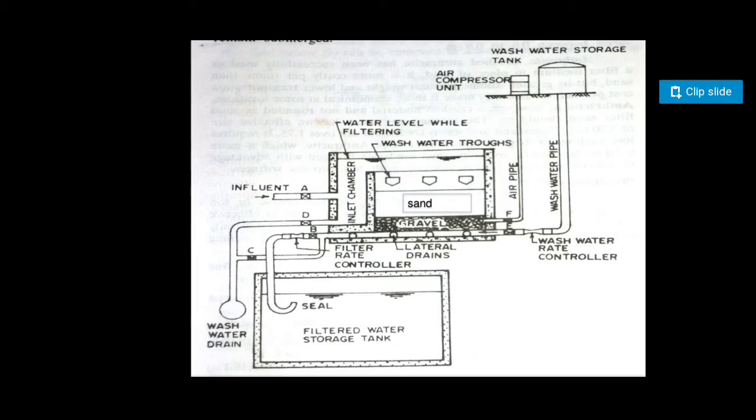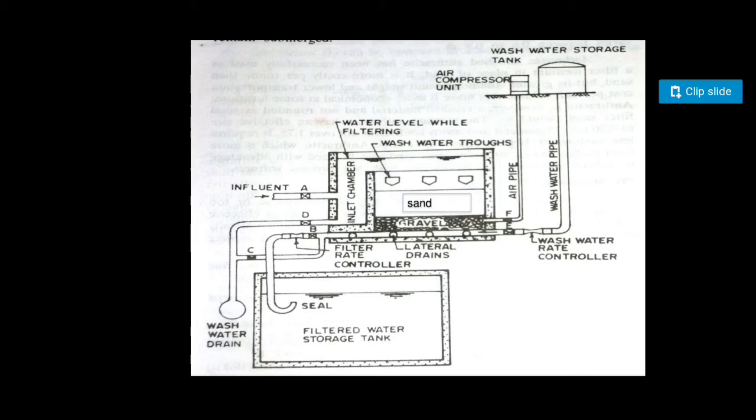Now you can also see that there is a wash water drain. Wash water is the water which you use for the cleaning of this tank. There is a pipe which has the valve D. Obviously this valve D will be closed during the operation. The main operation of this chamber is